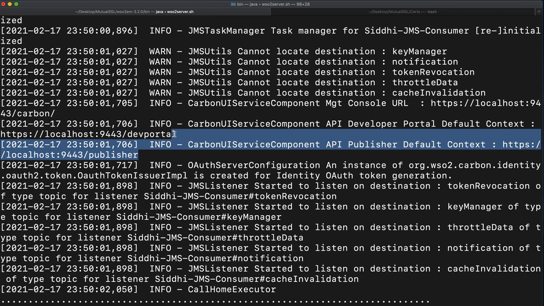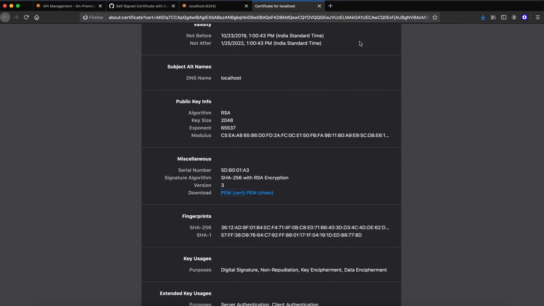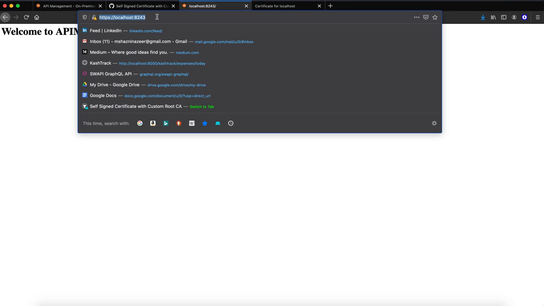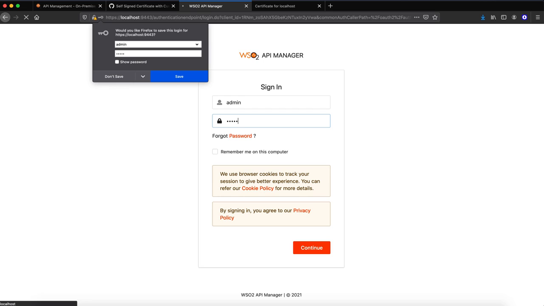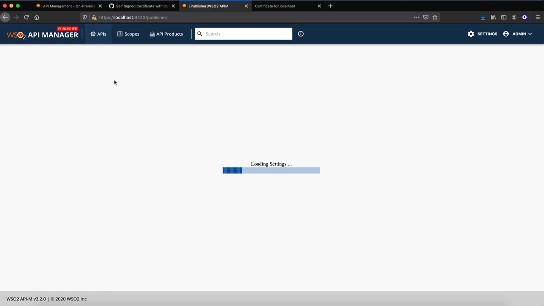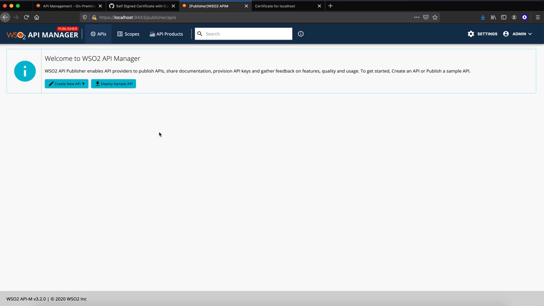Now let's go into the publisher URL and create an API, and try to see how to enable Mutual SSL there. And let me just go use publisher. It should bring a login page. I'm going to log in with the default username and password, which is the admin username and admin password, and this should bring into the publisher